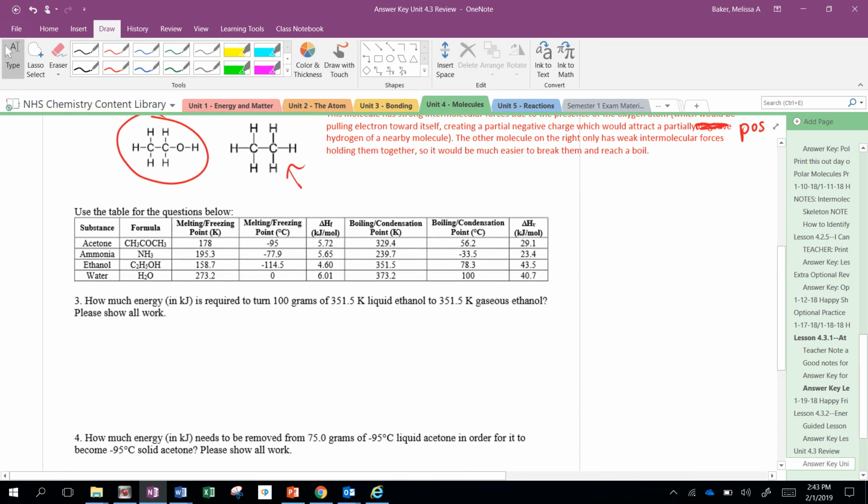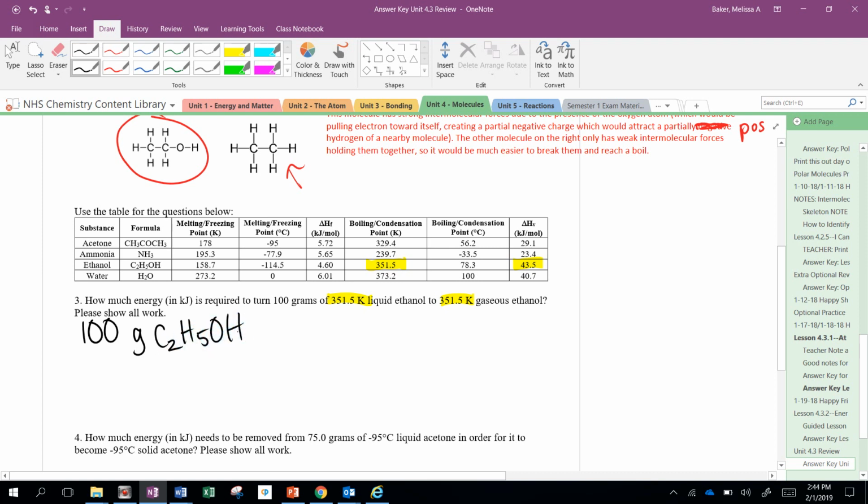How much energy would be required to turn ethanol from a liquid to a gas? Well, we want to locate ethanol's heat of vaporization. And this happens at 351 Kelvin, which the problem also has, so we're right on track. So first thing we're going to have to do is start by writing how much we've got. We've got 100 grams of